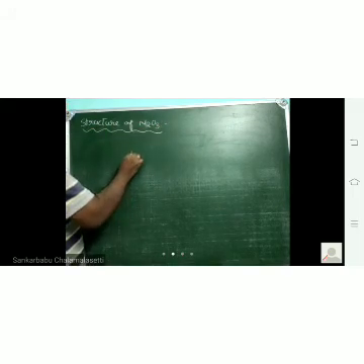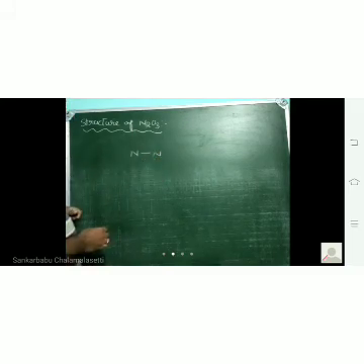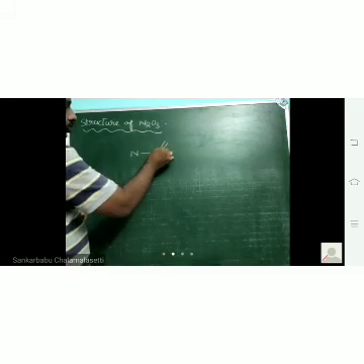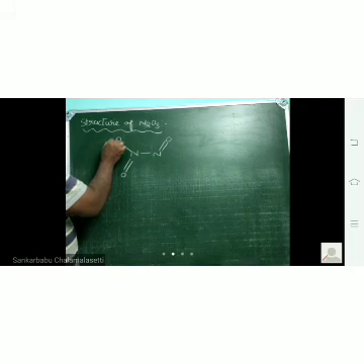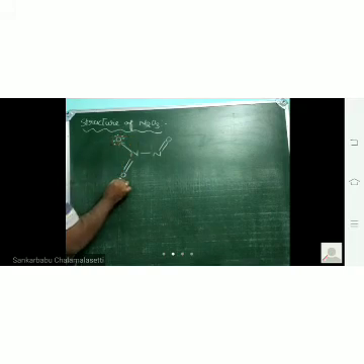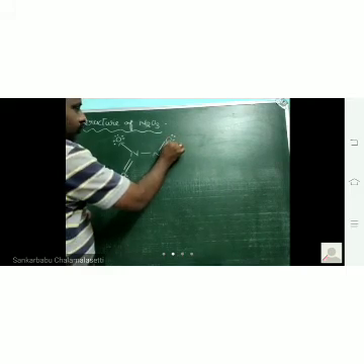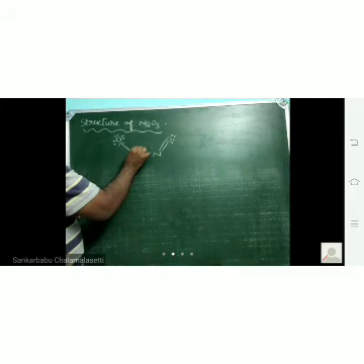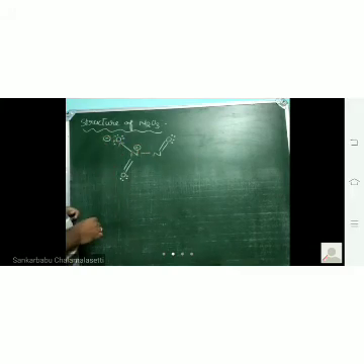So the structure of N2O3 will be like this. In between nitrogen and nitrogen, one single bond is there, one oxygen here with a single bond, one oxygen with a double bond. So here oxygen contains 3 lone pairs, here it contains 2 lone pairs, here it contains 2 lone pairs. Here the nitrogen will get a positive charge and the oxygen will get a negative charge.